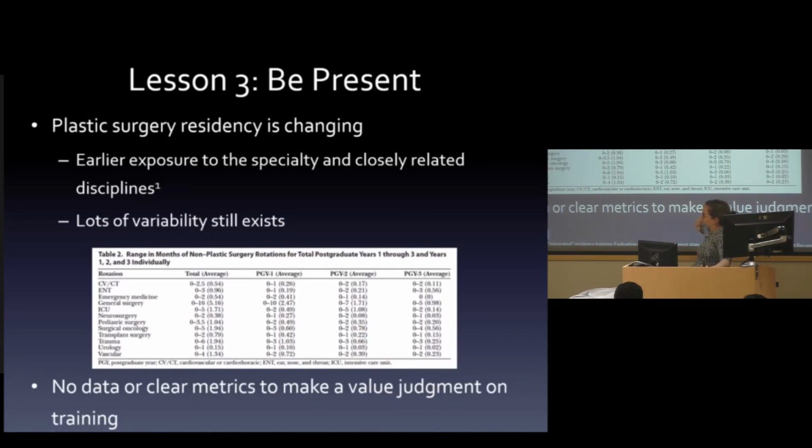Same with transplant surgery. People spend 0 to 2 months on transplant surgery at an average of 0.79 months, but limb transplant, face transplant is a really diverse and growing area in plastic surgery. Are we limiting ourselves by not rotating there, getting exposure to the drugs used, which are going to be similar for whatever kind of transplant you're doing? And thinking about indications for transplant and all the non-surgical, not the surgical steps, but everything else around the surgery that might be important.